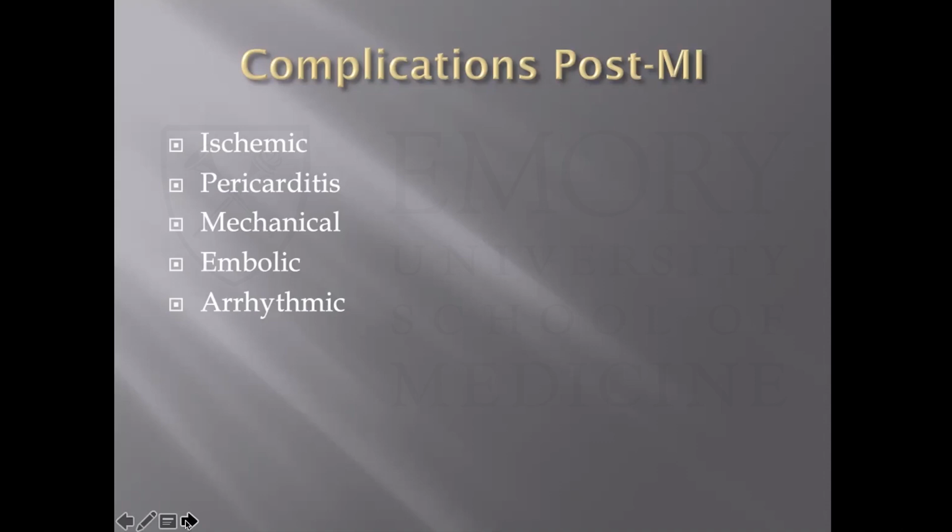So, complications after myocardial infarction. If you want to group them into general categories, these would be the five: ischemic, pericarditic, mechanical, embolic, arrhythmic. And as cardiology fellows, or even as practicing cardiologists, these do provide a sinister level of fascination for us. And honestly, in the COVID era, we've had a bit of a reminder of some of these, especially around the months of May and June, where we started seeing some folks come in with some things at a higher frequency than we would typically see, from having deferred care.